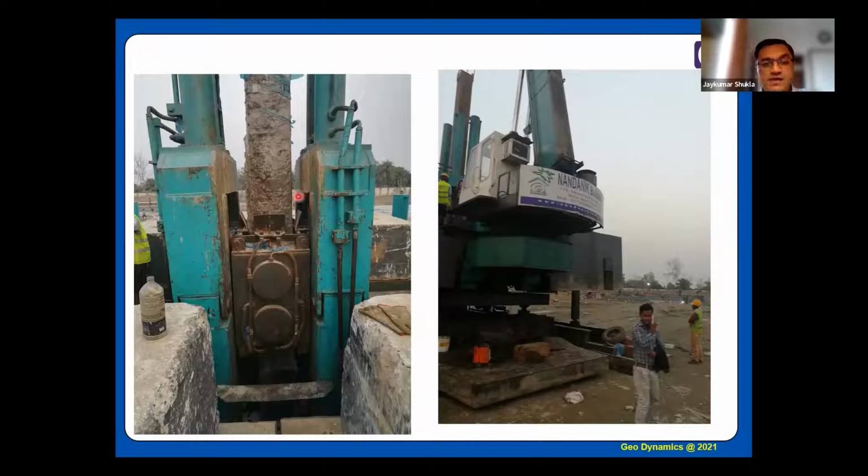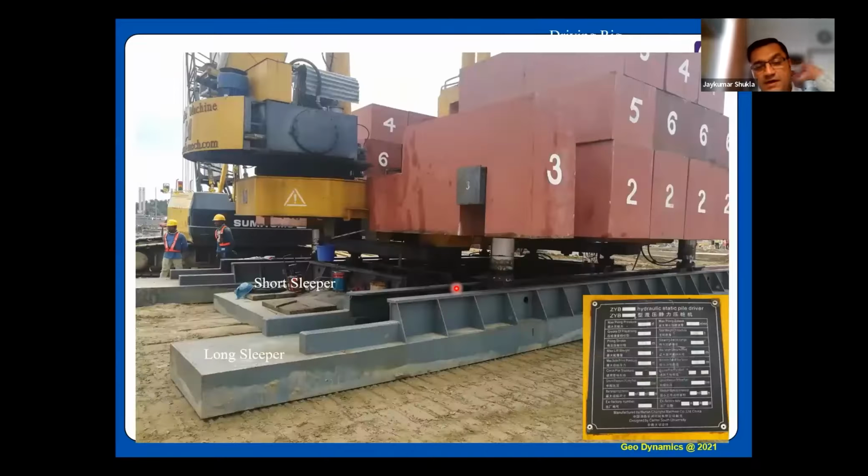And if you see, each rig is equipped with a small crane so that they can pick the pile from the ground and pitch it into the main rig. These are the shafts which will grip the pile and then push it into the ground. This is a better picture to explain. This is the main rig, which is resting on long sleepers. This is on the short sleepers. So it can move in the X direction as well as the Y direction horizontally, based on the pile locations you would like to install, so that after pitching, the pile will go into the ground.